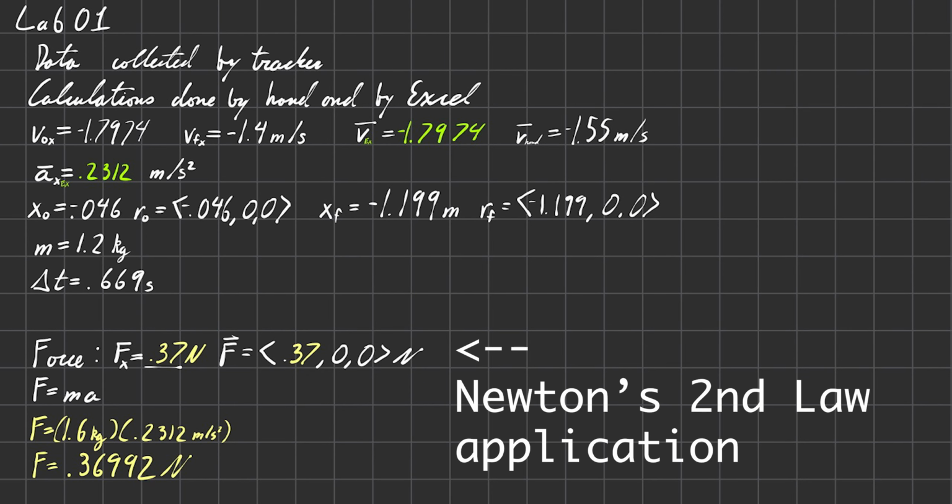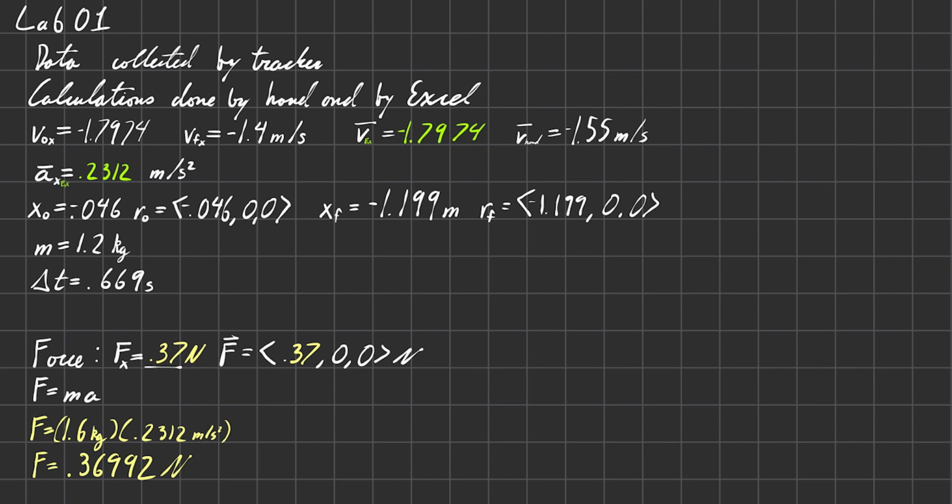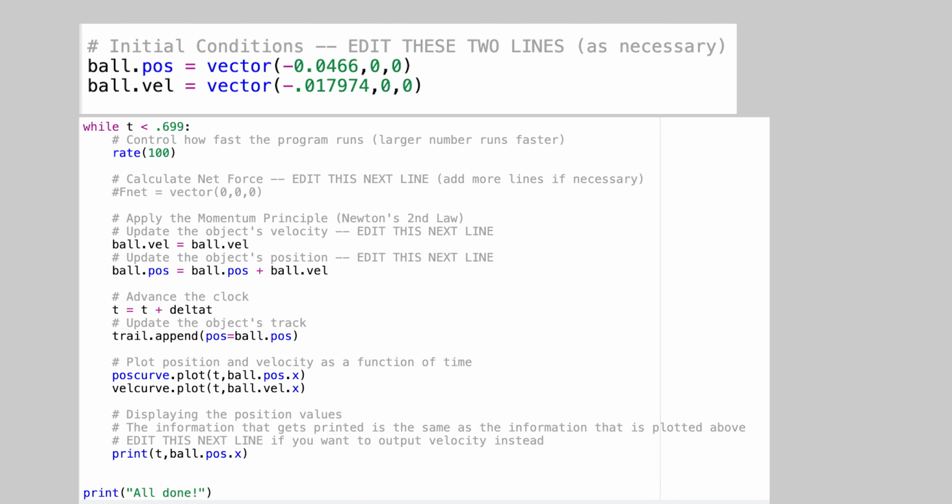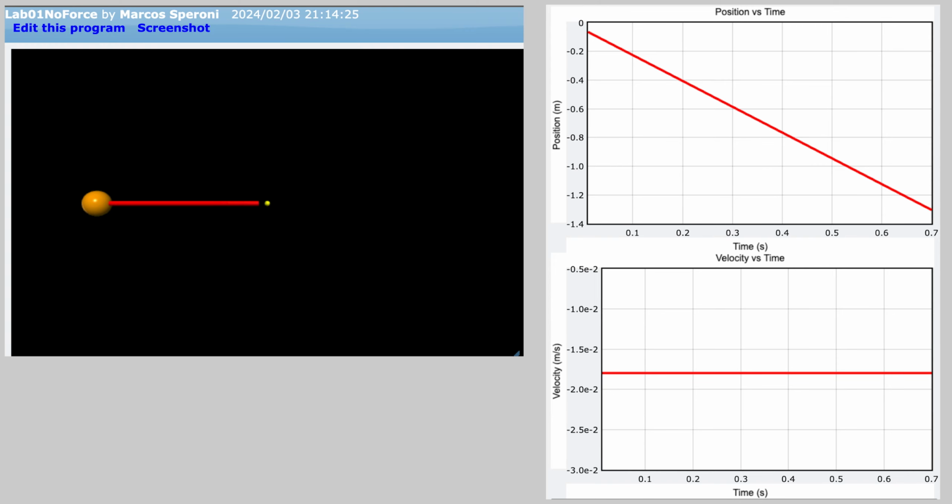I used the initial values from the recorded data, which include the initial velocity and initial position, and calculations from the trend lines, which included the average velocity and average acceleration. The first model is the zero net force model, which has no force applied and therefore no acceleration. You can see this in the code where when updating velocity, we set it equal to itself, so there is no increase or decrease in velocity, therefore held constant. In the graphs, we can see that the ball's position is changing at a constant rate and that the velocity